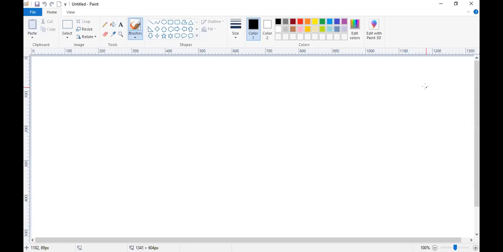Can you see the paintbrush on screen? Just give me a reply in the chat box. Yes, can you see the paintbrush on screen? Okay. So now I have to open the image which we have already stored. Yes, Sanket, you have raised your hand. Is there any question?